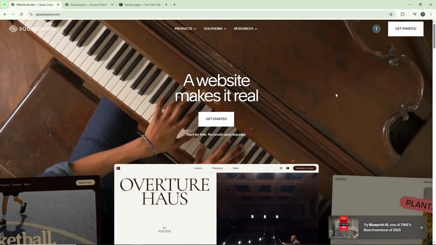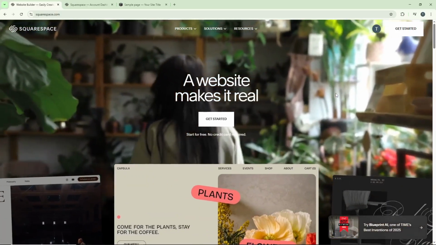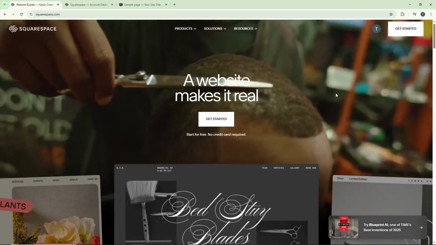Welcome back, everybody. Today, I'm going to teach you how to change the URL of a product in your Squarespace store. This is really useful when you want to create more SEO-friendly links or simply make your product URLs cleaner